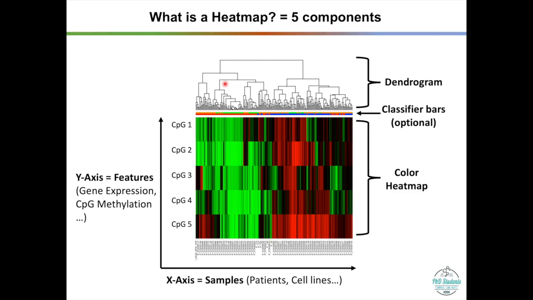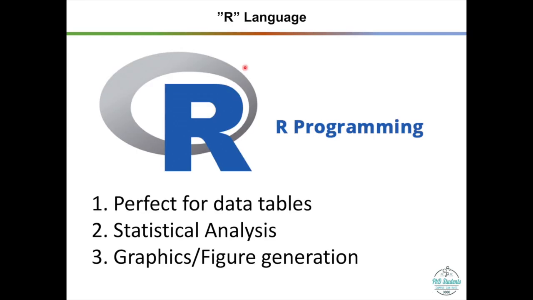But first, what are we going to use to plot this heat map? Well, we are going to use R, the R language. So, what is R? R is a programming language that is perfect to work with data tables, such as Excel tables, with clinical data, expression data, methylation data, etc. And it's perfect to perform statistical analysis and generate great graphics and figures that will become very attractive for our